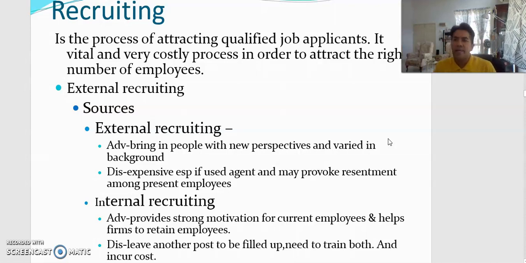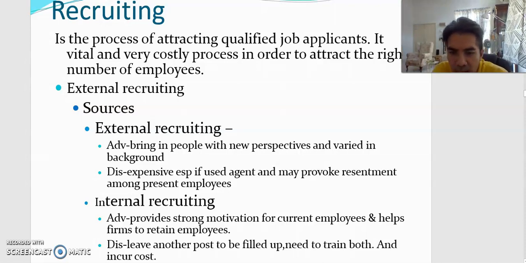But when they select someone from outside of the organization, this might provoke resentment among our present employees. For internal recruiting, of course, this will provide strong motivation among the current employees